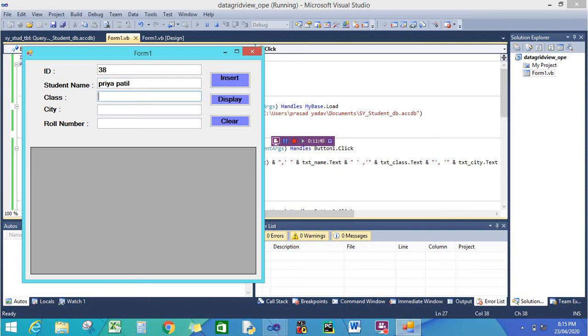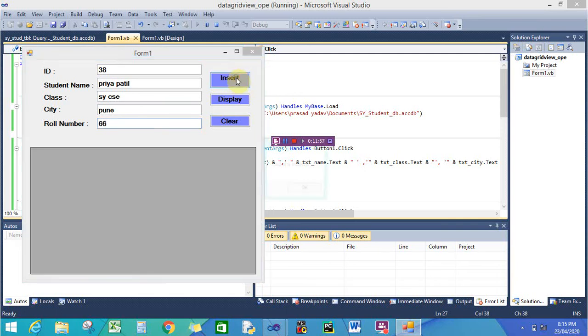Then class will be the SY CSE, city, then roll number will be suppose 66. Insert. Okay, record is inserted.